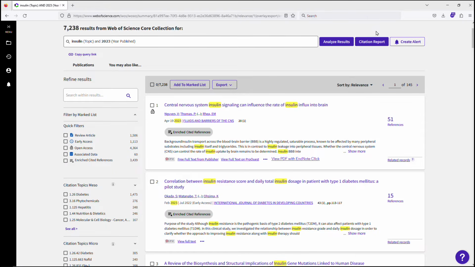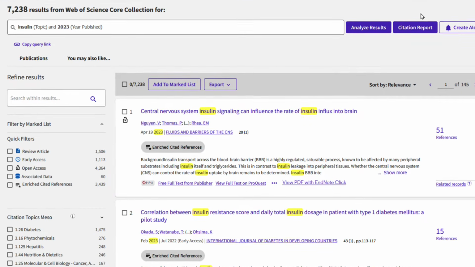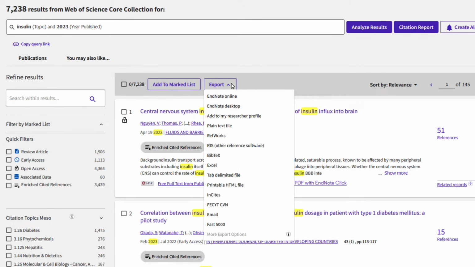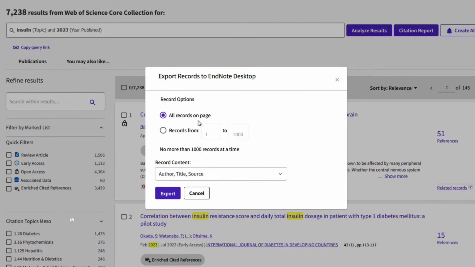Many scholarly databases include EndNote Direct Export functionality to capture search results from a web browser automatically. For example, we can visit Clarivate's Web of Science to query the core collection of databases. We'll leave our search results unmarked to request a range of references, select the Export menu, then choose EndNote Desktop to proceed. Let's ask the Web of Science to send the second set of 50 references to our active EndNote library. We'll press Export,